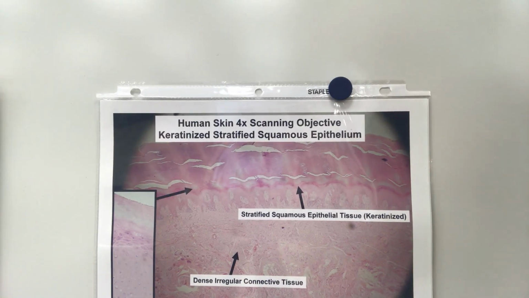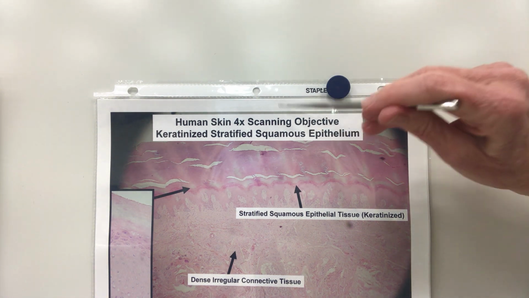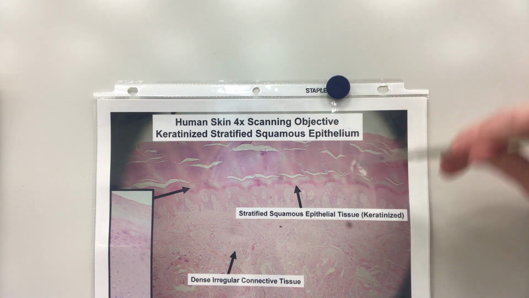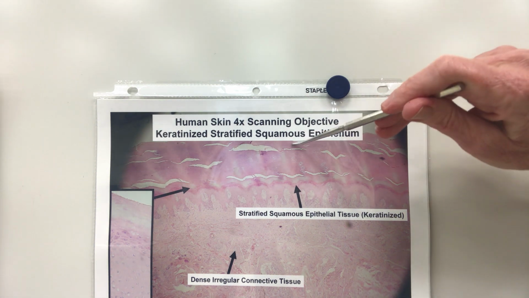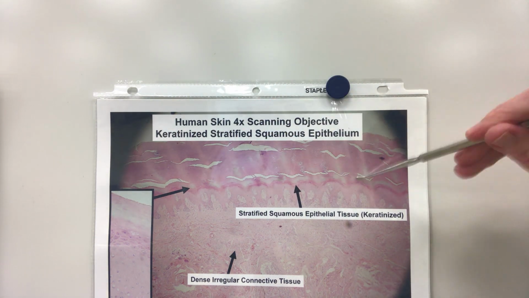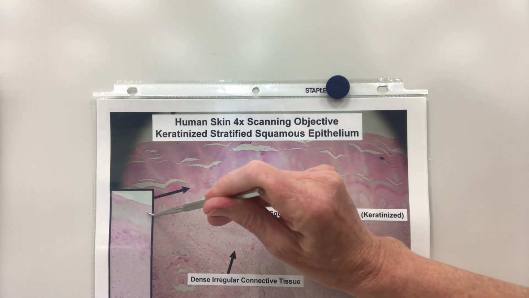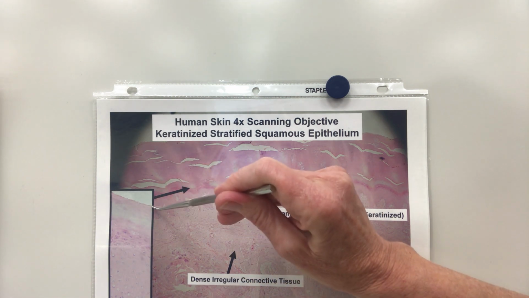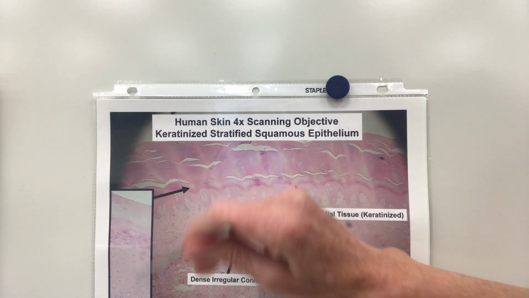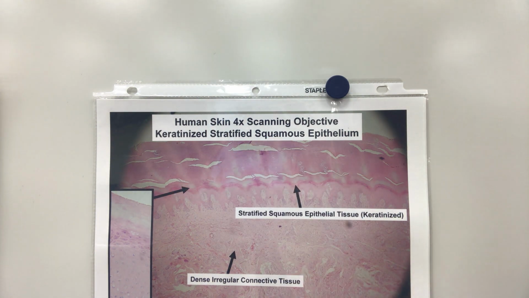The second type of stratified squamous is called keratinized stratified squamous. And this, if you look at the overview, you can see this top layer is dead. This is your skin. Okay? We will look at that in the integument also. This top layer is all dead, flaking cells. So here we have this whole layer is stratified squamous, but you can see in the top layer there is no nuclei. It's just dead, and I will definitely bracket this and say what is this whole tissue layer called, so it would help you with understanding that it is many layers of stratified squamous.